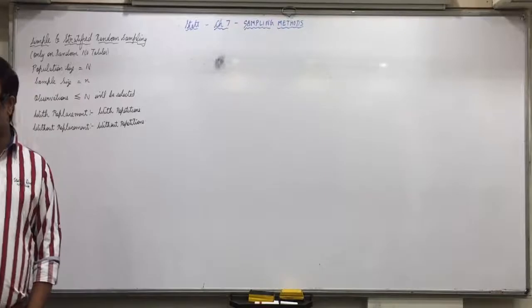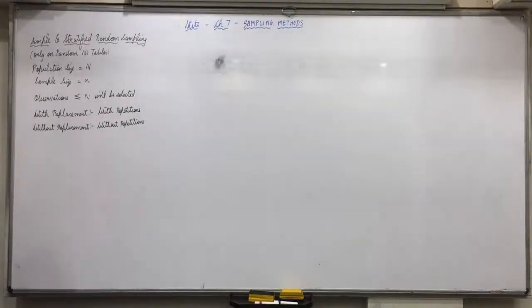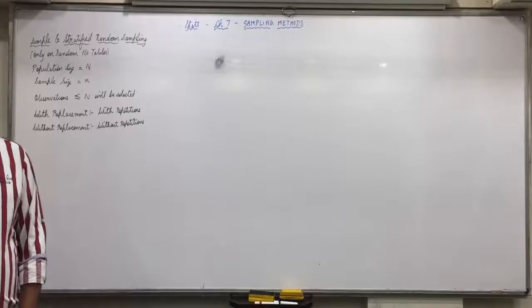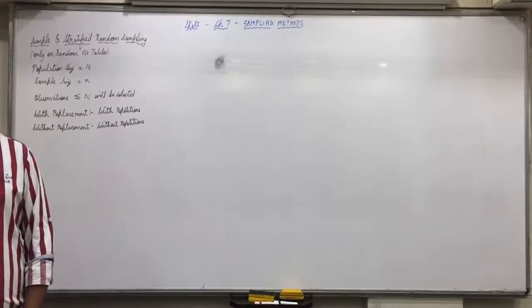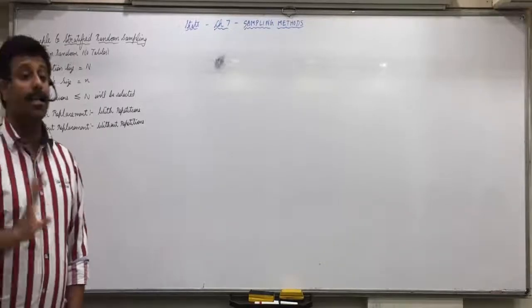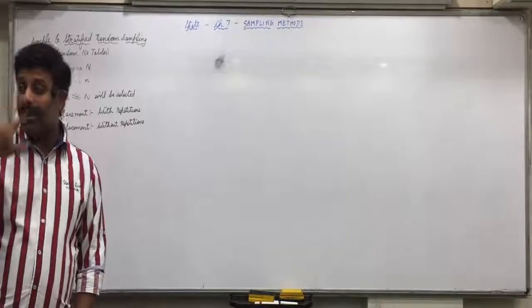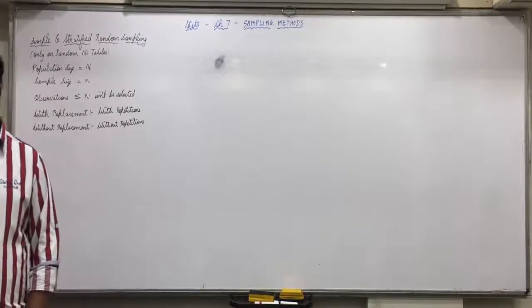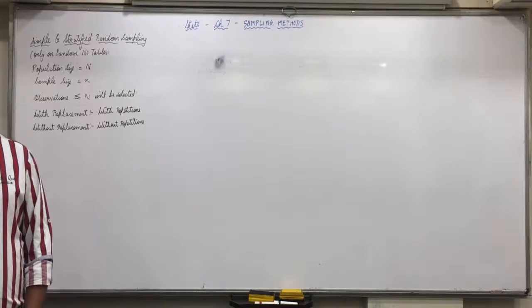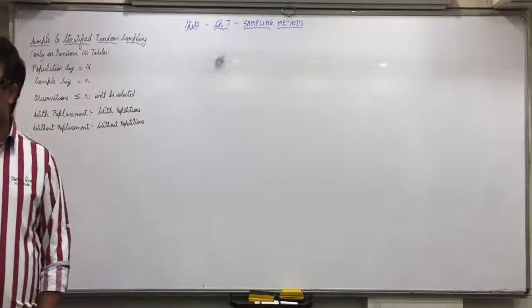So if in the table you get the number 123, then ignore the last digit, 3. 123, which are the first 2 digits? 12. Is it less than 70? Yes. Select it. If it comes 785, then which are the first 2 digits? 78. Will not select. So if our population size is of 2 digits and 3-digit numbers are given, we will take only first 2 digits into consideration.